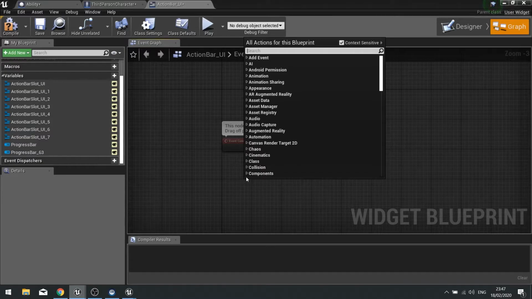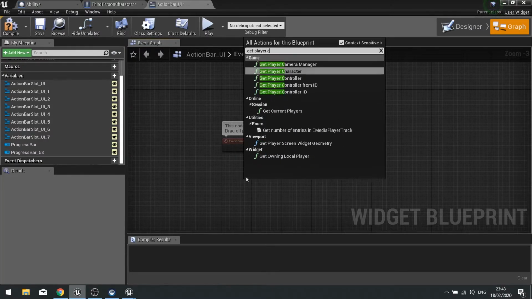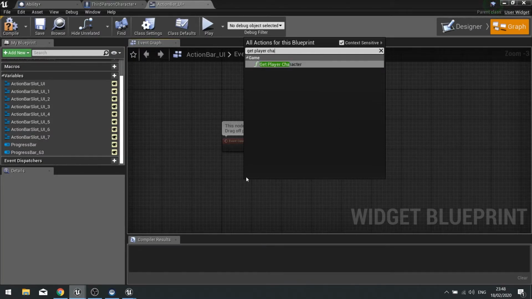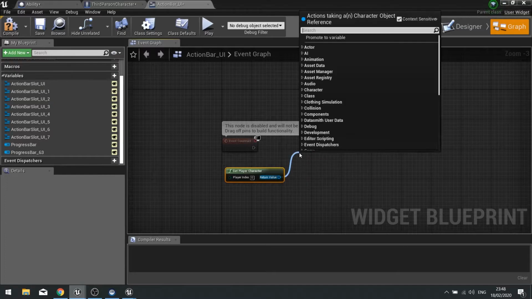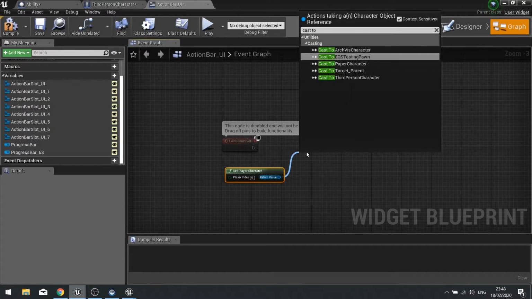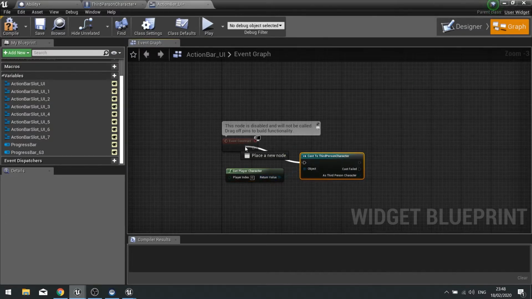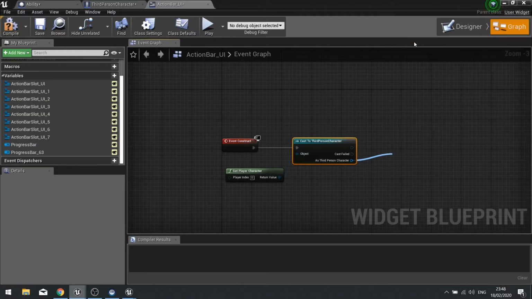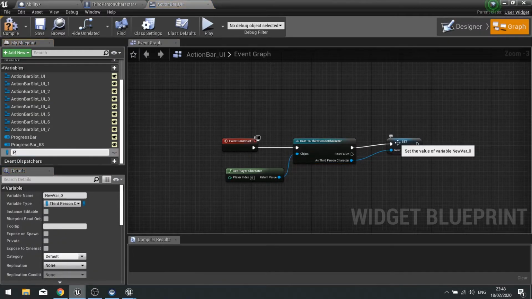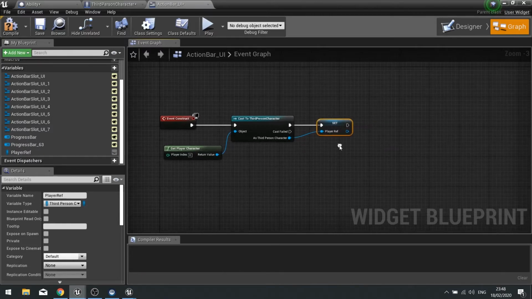So get player character, and cast that to your third person character. And I'm going to store that as a reference for later use by promoting it to a variable and call it player reference.